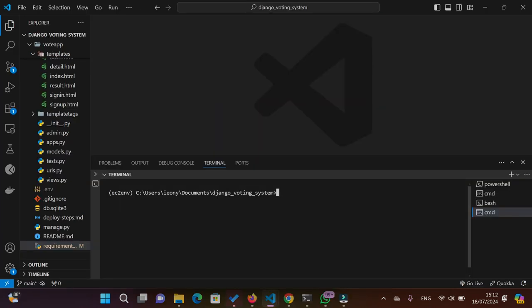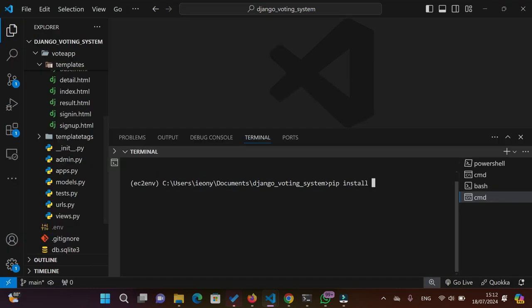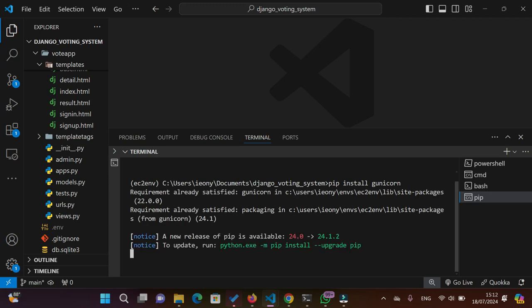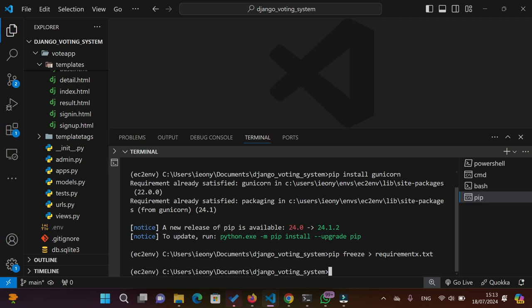You understand? So, okay, so let's install Gunicorn. So I'm going to say pip install gunicorn. So this is important. So you have to do this. Pip install gunicorn. Right. So hit enter. So once it's done installing, we're going to simply update our requirements.txt file. So we're going to say pip freeze requirements.txt. So you have to install gunicorn, and then once you've run pip freeze, so